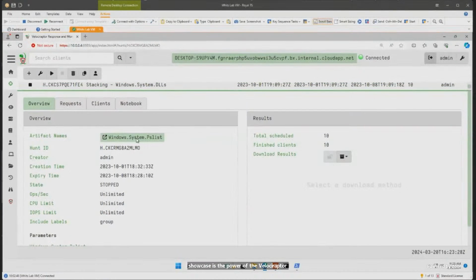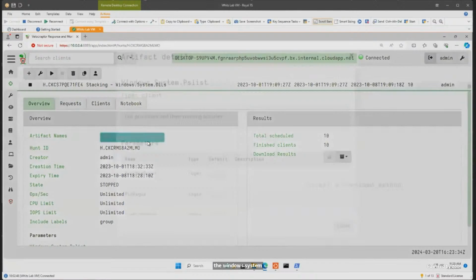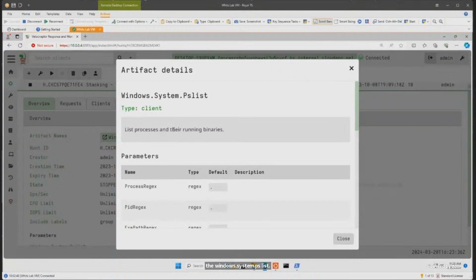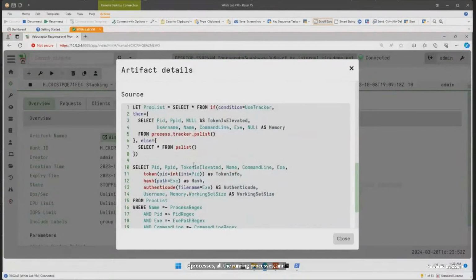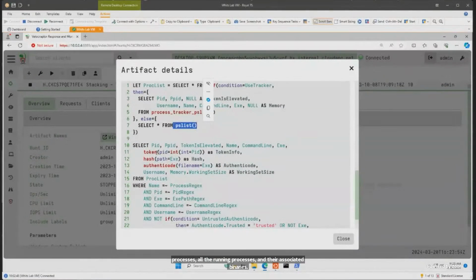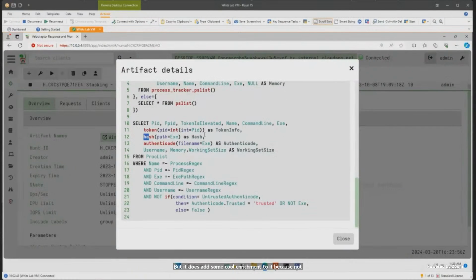So for instance, this hunt that was run here is called the windows.system.pslist artifact. And just to give you an idea of what's going on here, this artifact is probably one of the simplest, one of the easiest ones that you'd run when you're interrogating endpoints. You're literally just asking it to list all the running processes and their associated binaries. But it does add some cool enrichment, because not only is it going to bring back the process list, but it's going to enrich it with information like the hash of each of those executables, as well as